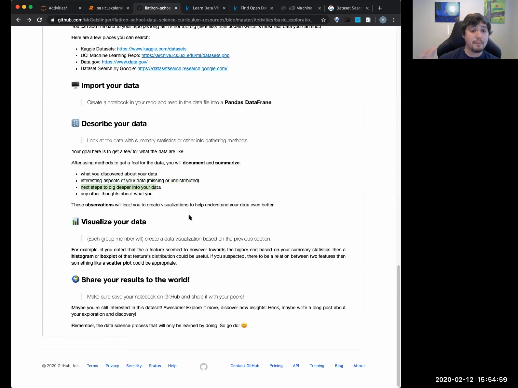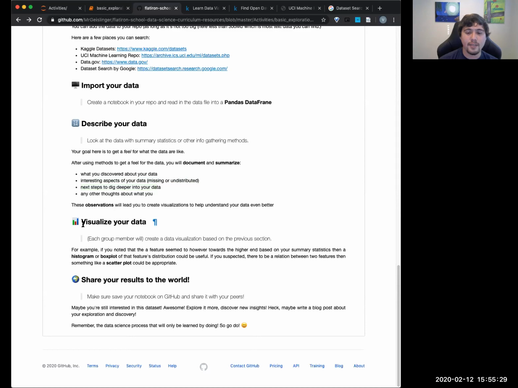For example, we saw that female was around negative 0.03 and male was around 0.05. Putting those observations down, like, it looks like this might be binary. We should look at unique values, and if we found unique values in here, we should transform this into male and female. So you're documenting what you saw and what you would do. Okay, does that make sense to people?